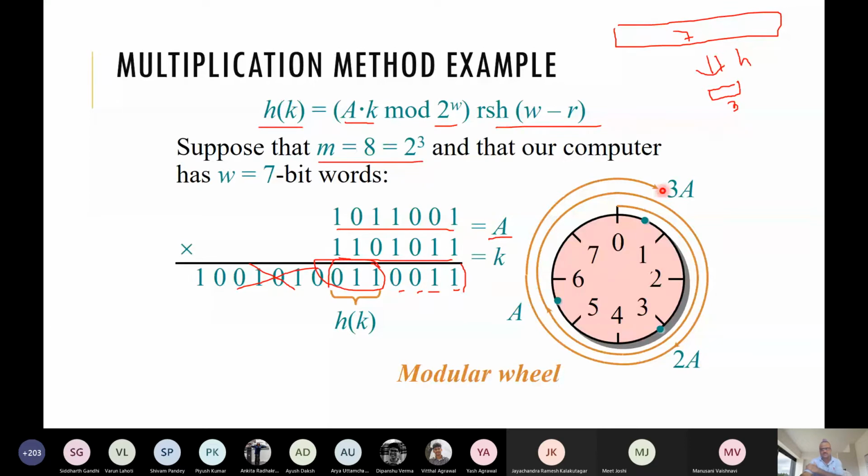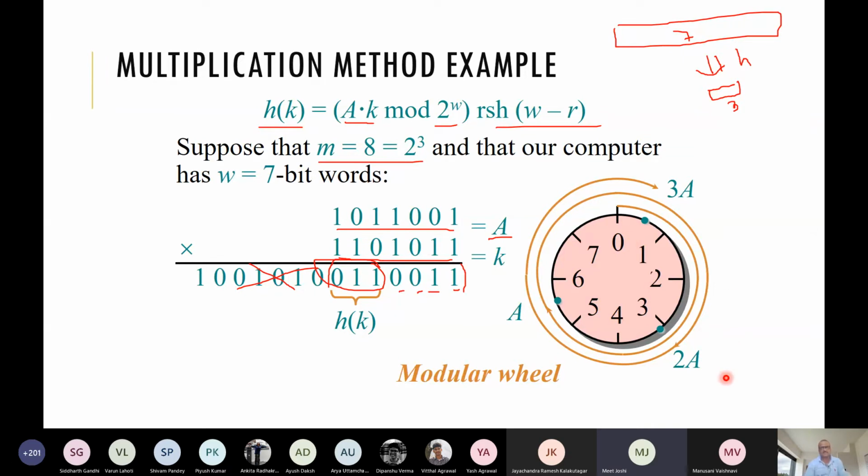If it is 4, it will hit some other position, because ultimately we are doing mod n. So this is 8, so it will be 0 to 7 like this. You are just rotating like this, and it can be placed anywhere from 0 to 7.